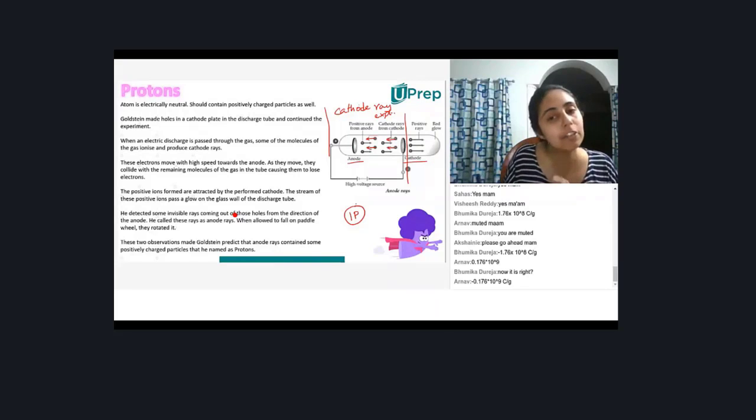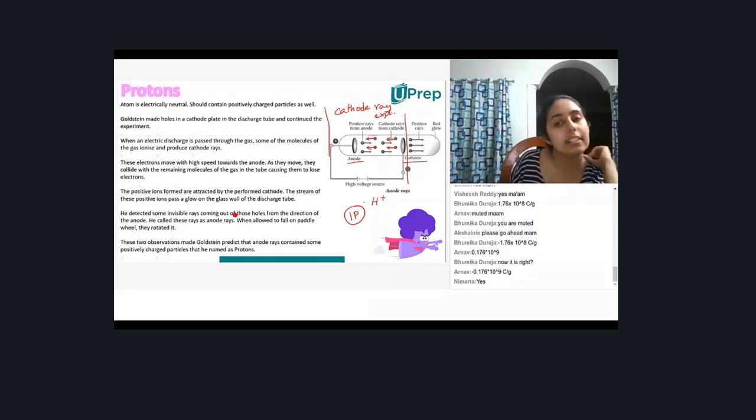Then what is left once this electron has left the hydrogen atom? What happens to the hydrogen atom? The hydrogen atom turns into a hydrogen ion with a positive charge, right? Did you understand this? Yes, ma'am. Okay, so the hydrogen ion is nothing but what? It is just one proton. Hydrogen ion is just one proton. It does not have any neutron. The nucleus has only one proton. So if the electron has gone, what is remaining? Just one proton is remaining.